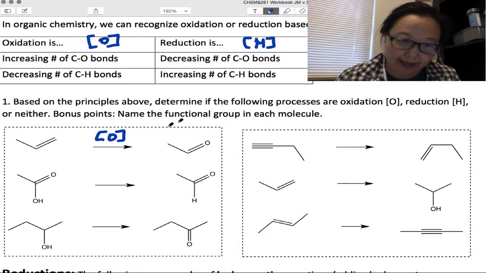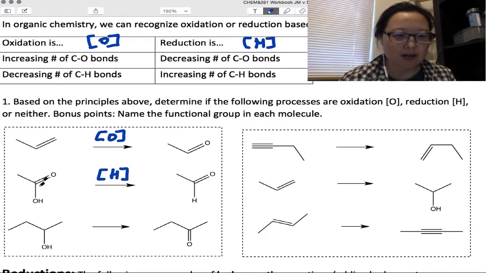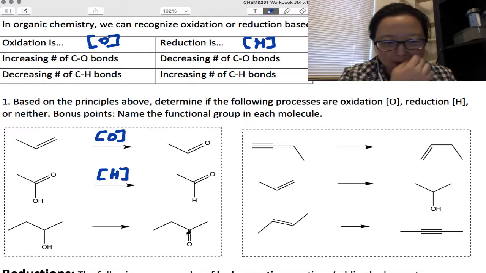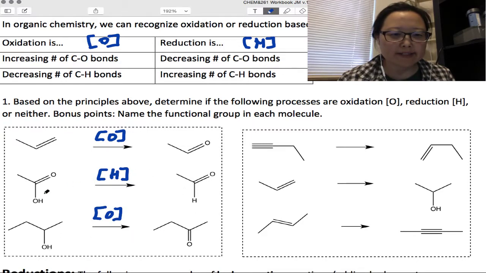All right, we're back and we're looking at a C-O bond here, which is no longer there. So this is a decrease of C-O bonds. So this is an example of reduction. This is a carboxylic acid going to an aldehyde. That's reduction. Let's look at this alcohol going to a ketone. We now have an extra C-O bond. So this is oxidation. In general, this is a very good series to learn. Alcohol to ketone, or alcohol to aldehyde is also oxidation, and aldehyde to carboxylic acid is oxidation,